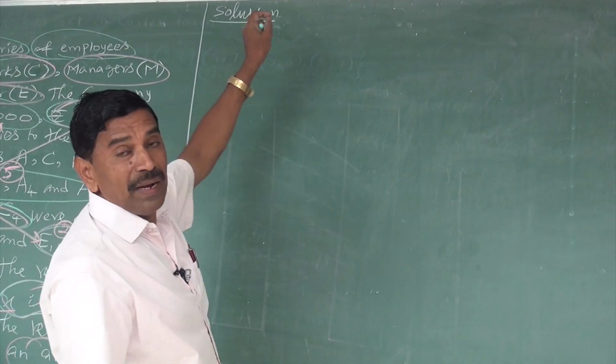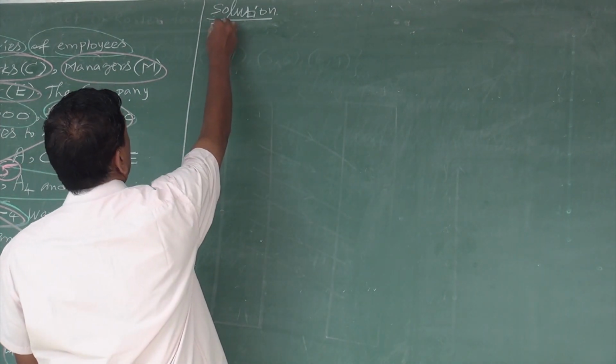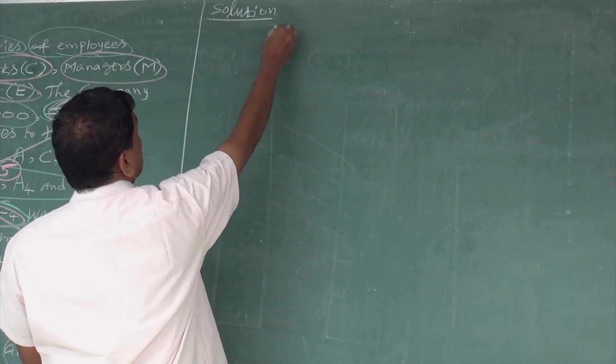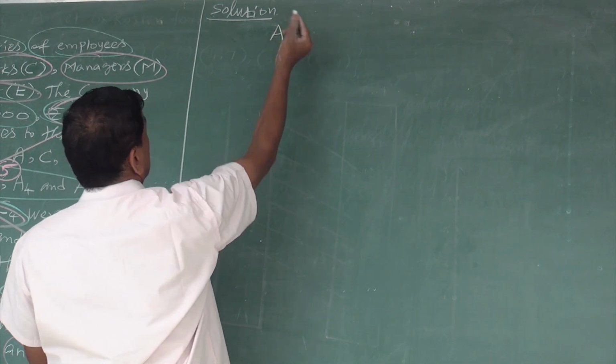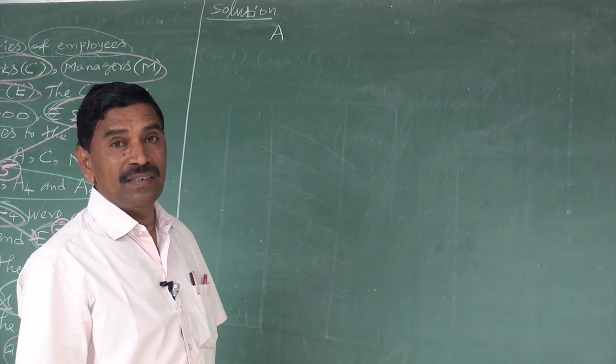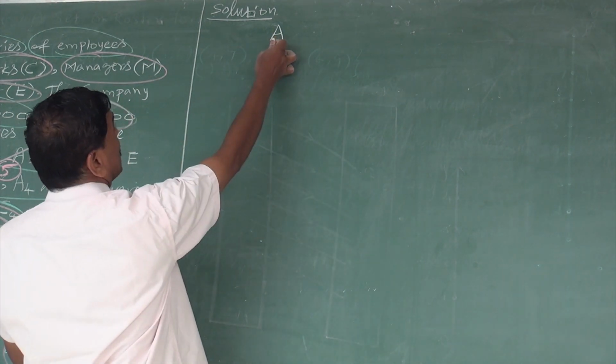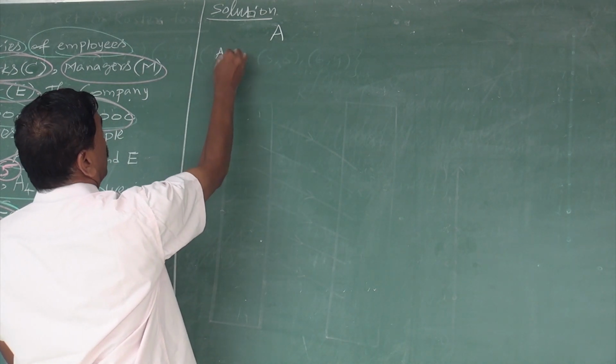To solve this sum, let us first prepare one table, for our convenience. Listen, to prepare the table, first assistant. How many assistants are there? Yes, there are 5 assistants, namely A1.